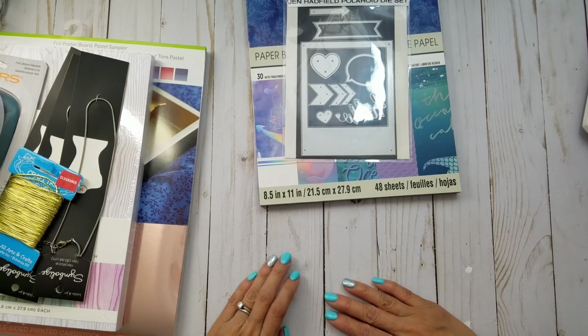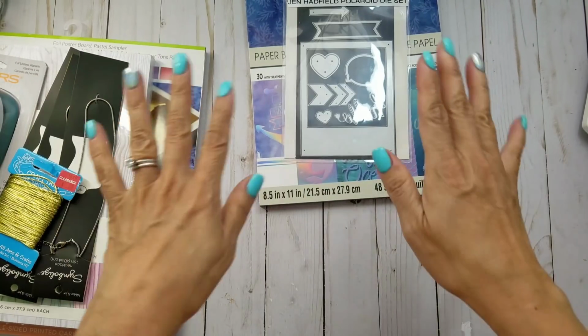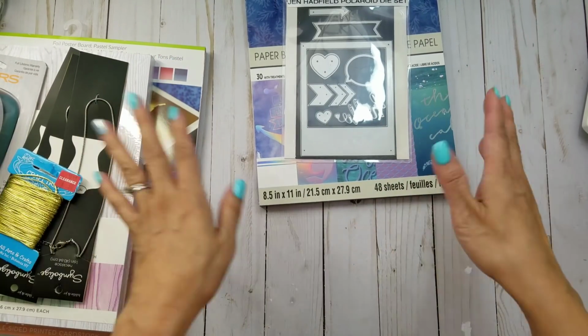I have a haul for you guys. I was able to go to JOANN's today, yay! But before I go ahead and share my small haul from JOANN's,